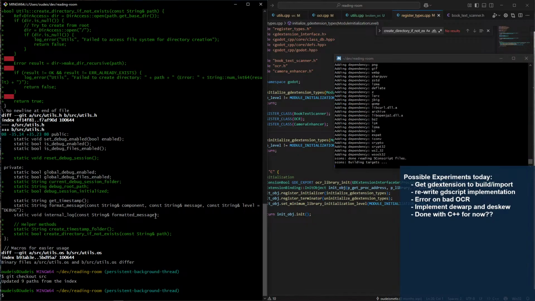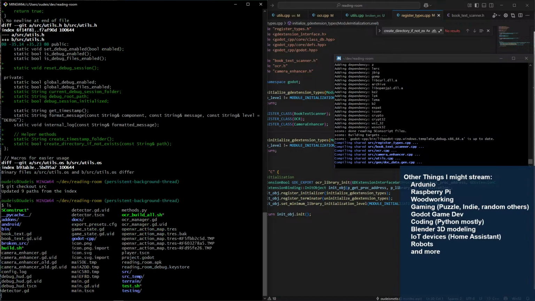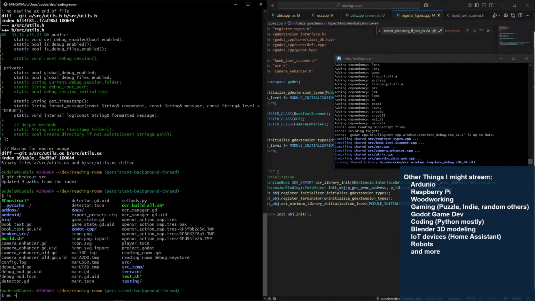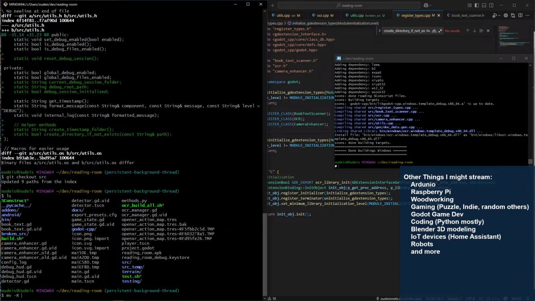Let me do move of temp source. Huh? That was source temp to source main.